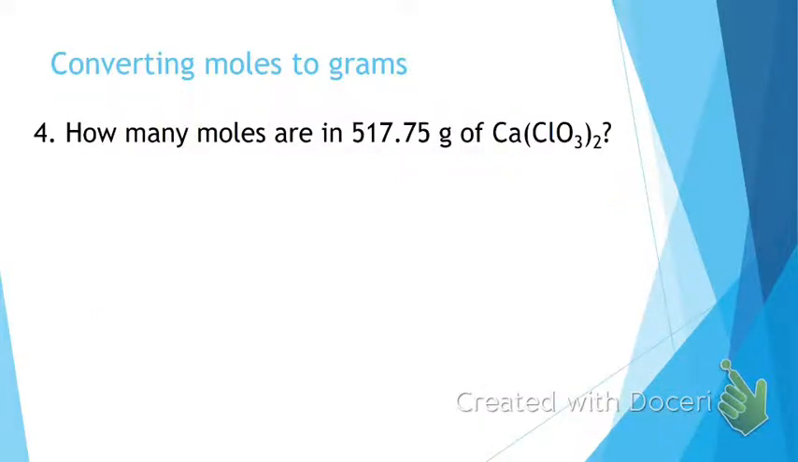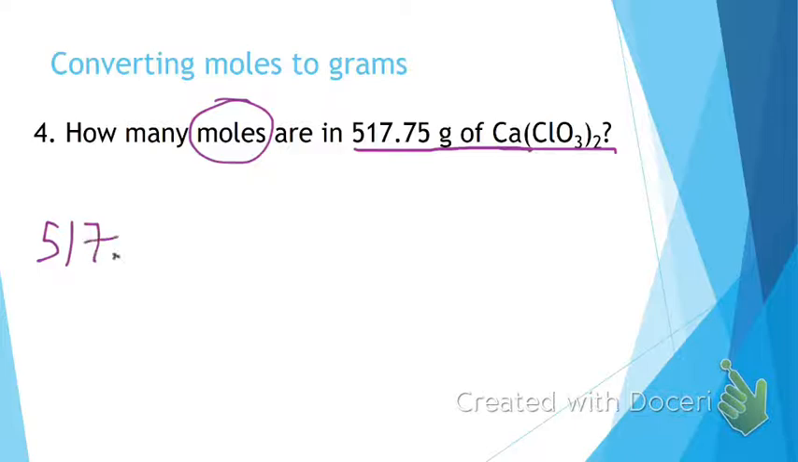So my last example is a little bit different. Let's read. How many moles are there in 517.75 grams of calcium chlorate? In this example, we are given grams, so 517.75 grams of this substance, and how many moles. Since I'm starting with grams this time, that goes in the top left corner: 517.75